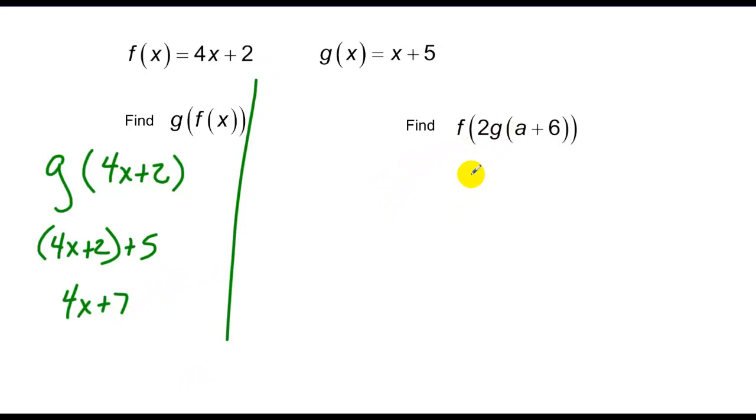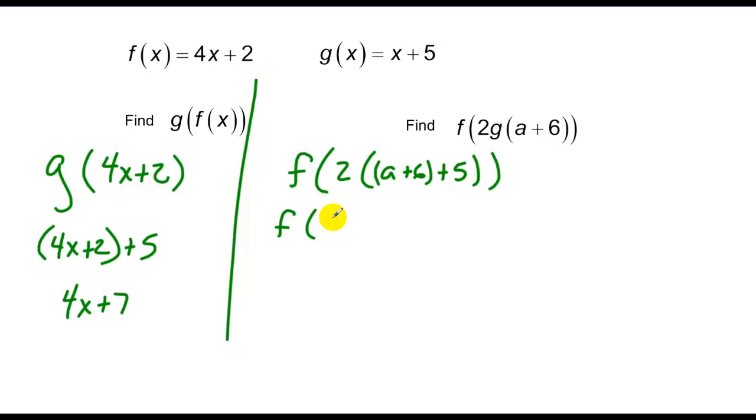This function is a little more difficult. It says evaluate the g function at a plus 6, multiply it by 2, and then plug that value into the f function. So let's do this first. This says f of 2 times, I'm going to find g of a plus 6. So I'll plug in a plus 6 into that x, and then add 5 to it. So now I have f of 2 times the quantity of a plus 11,